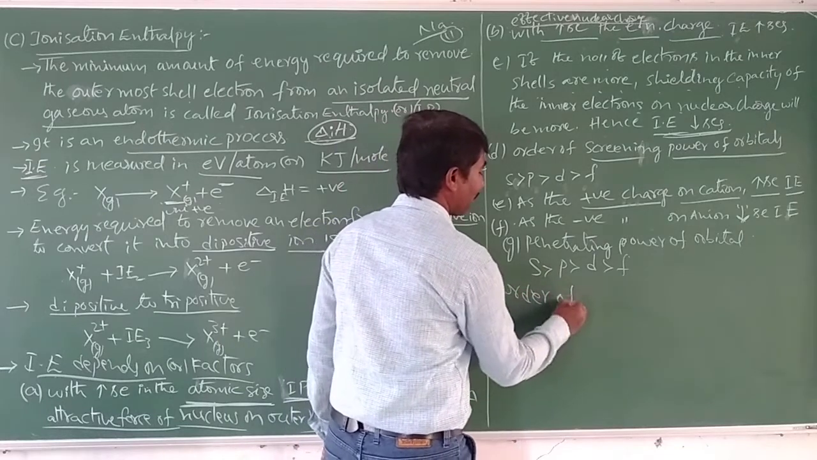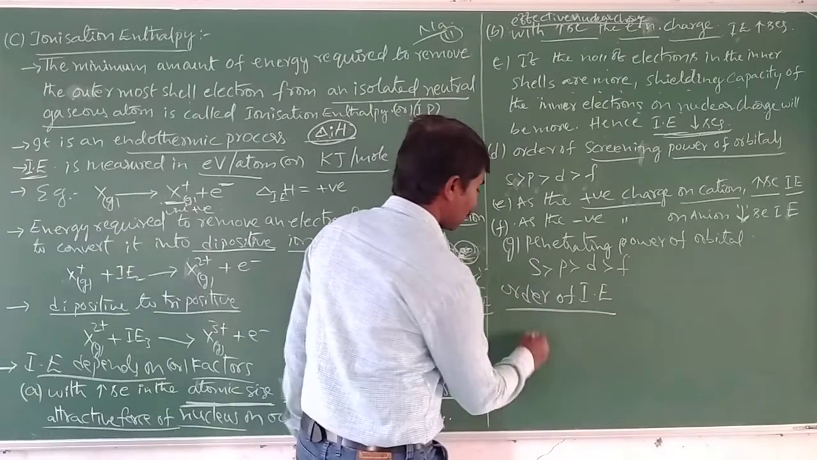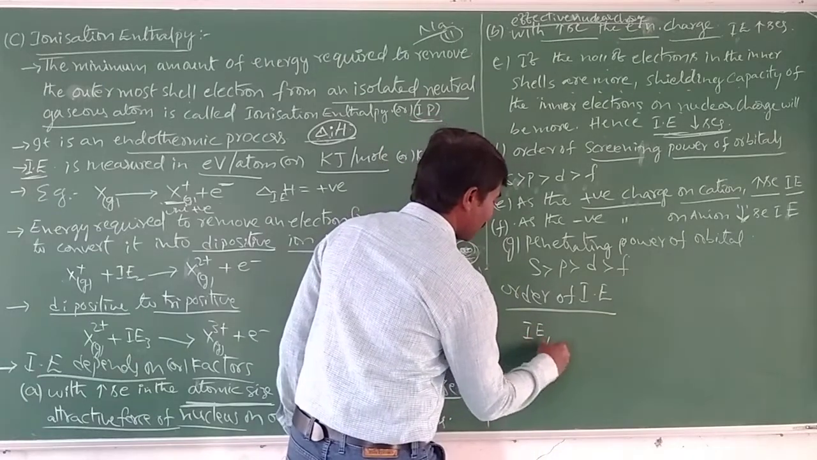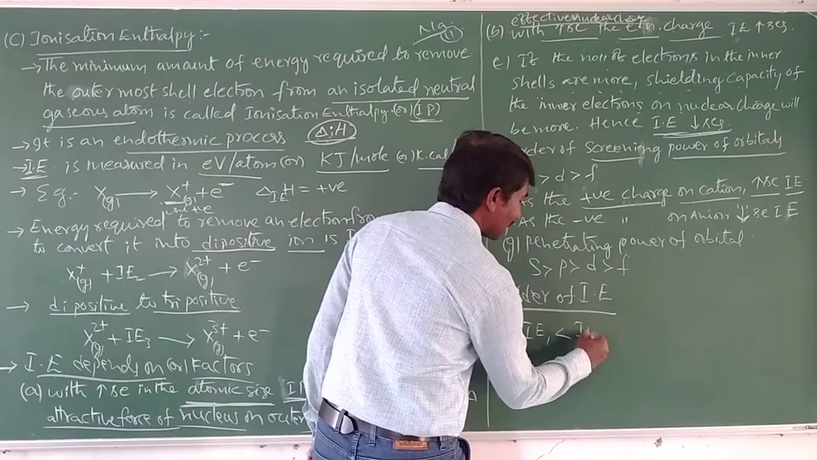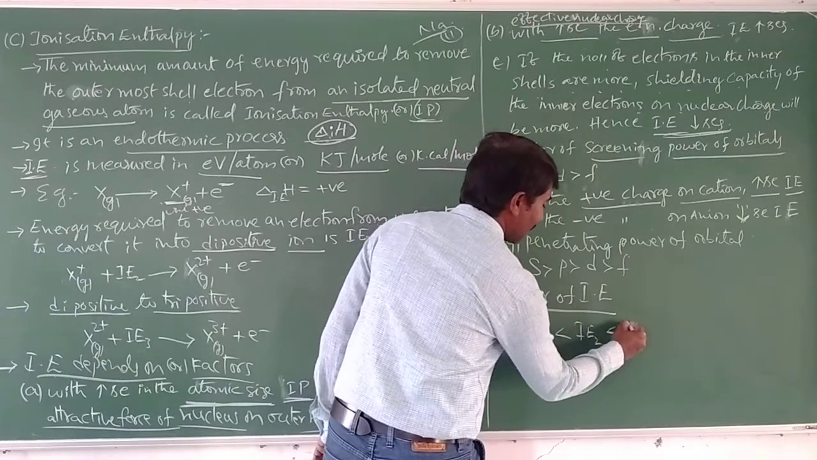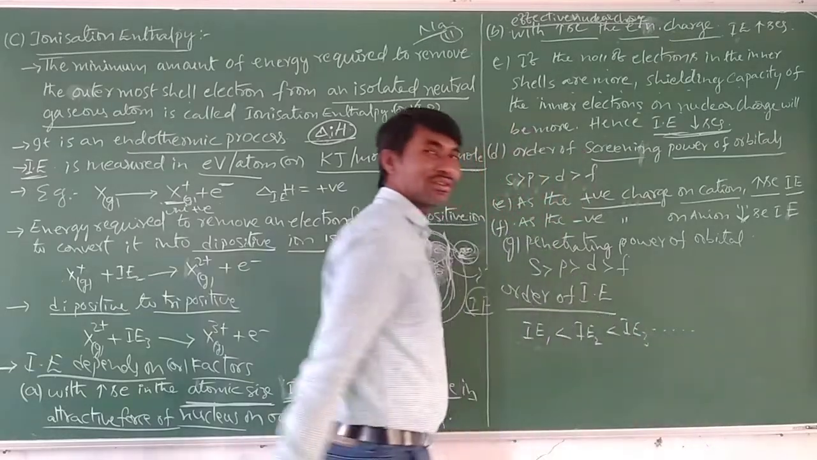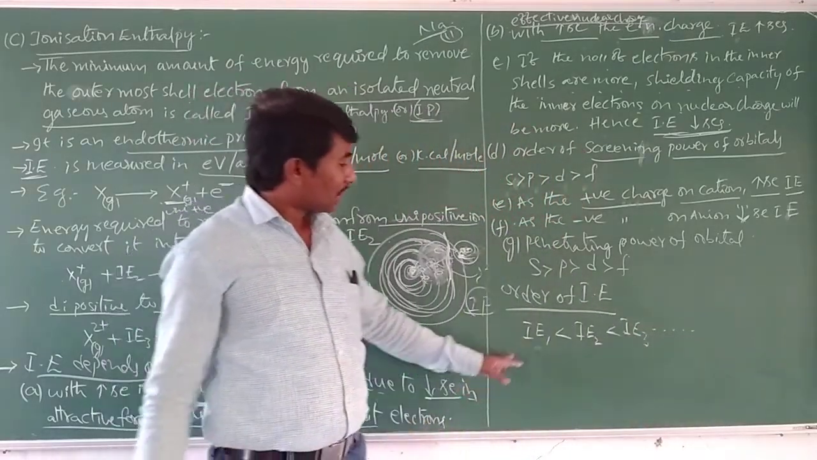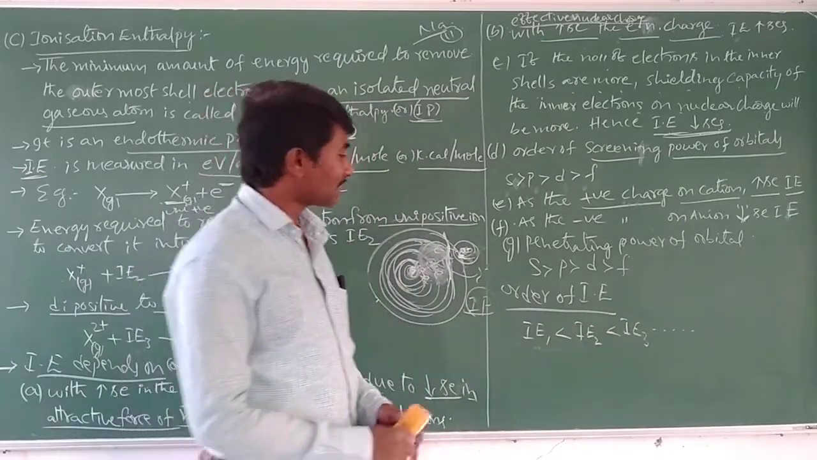Order of ionization enthalpies. So ionization enthalpy 1 is less than ionization enthalpy 2, which is less than ionization enthalpy 3, and so on. So ionization enthalpy increases. So next one is